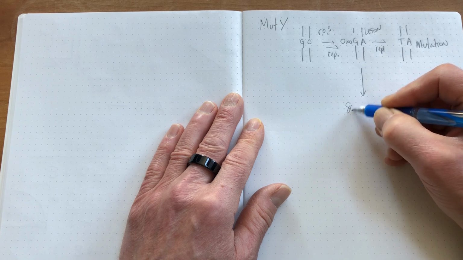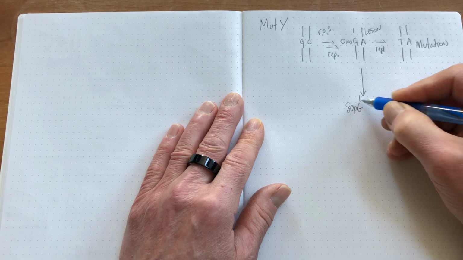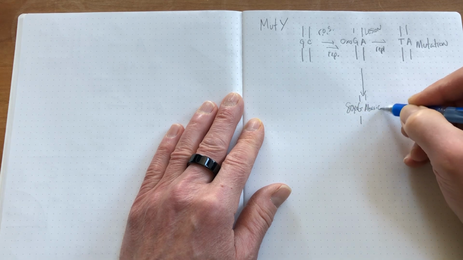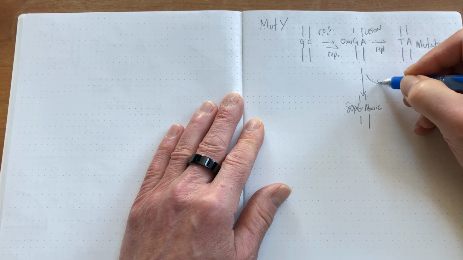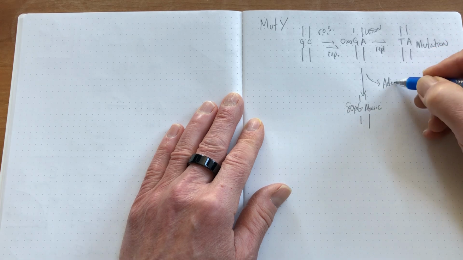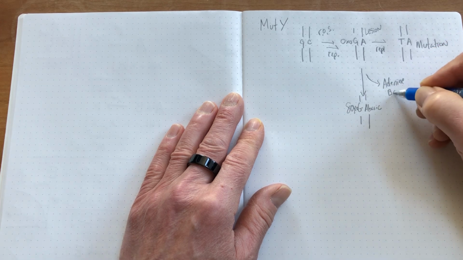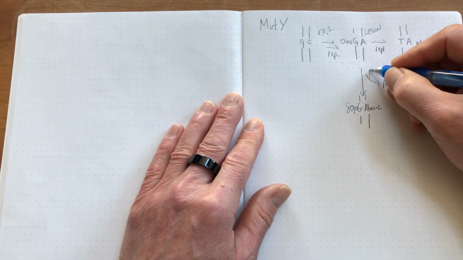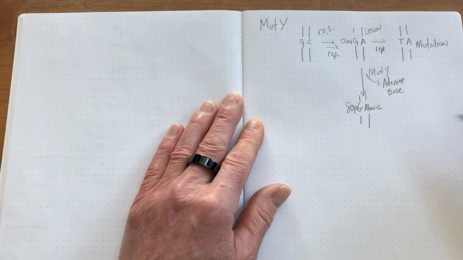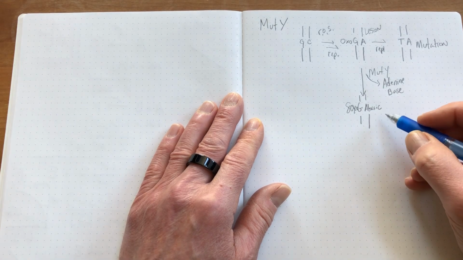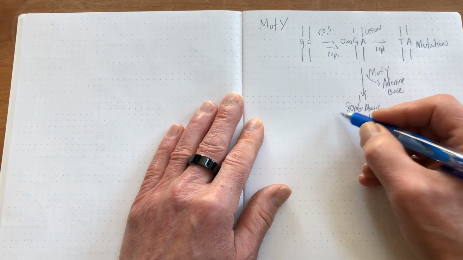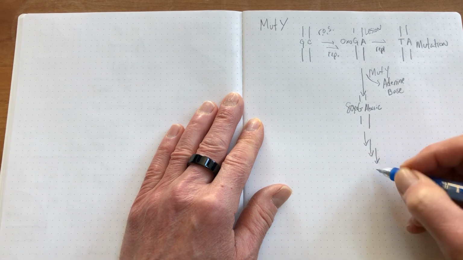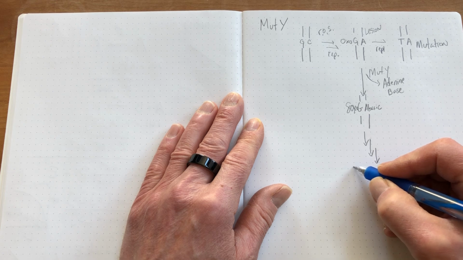Here's the 8-oxo-guanine, and it does this by creating an abasic site, a piece of DNA with no base. So the adenine base is getting removed from the DNA by MutY. So we'll write here MutY. And this abasic site is now the substrate for other enzymes that we can draw in here. There's at least 3 of them. And we can repair this to